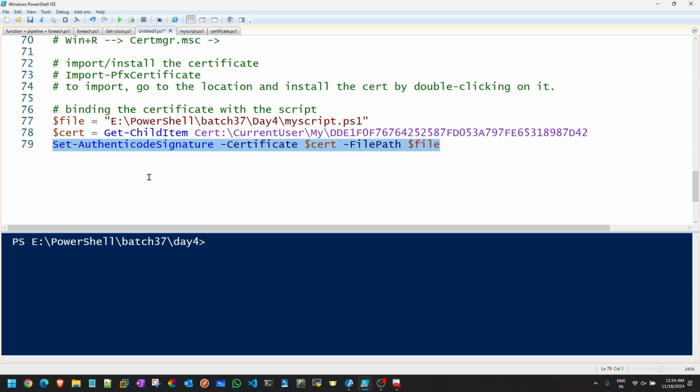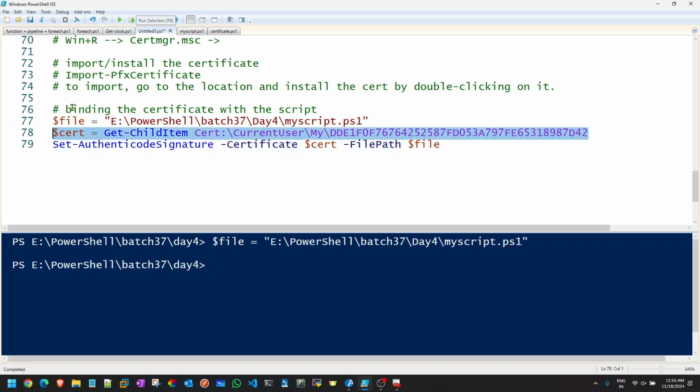In the center column, the name of the column is status. That status I want to be valid. If it is valid, it means whatever I have done paid off, successfully done. If it is invalid or unknown, that means something is wrong with my data. Let's run these lines one by one.